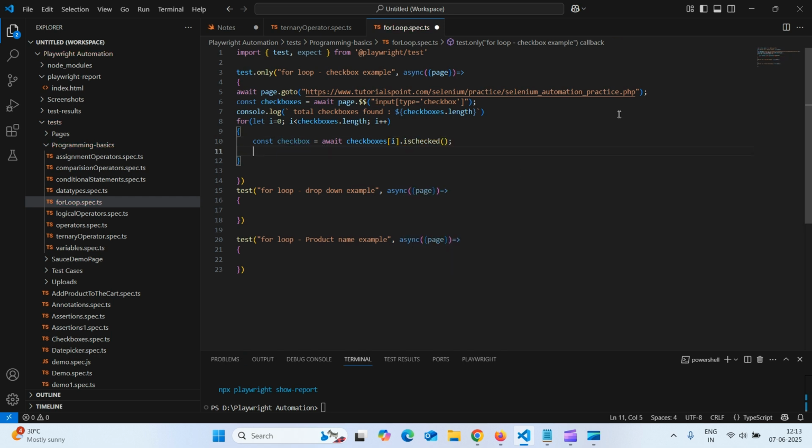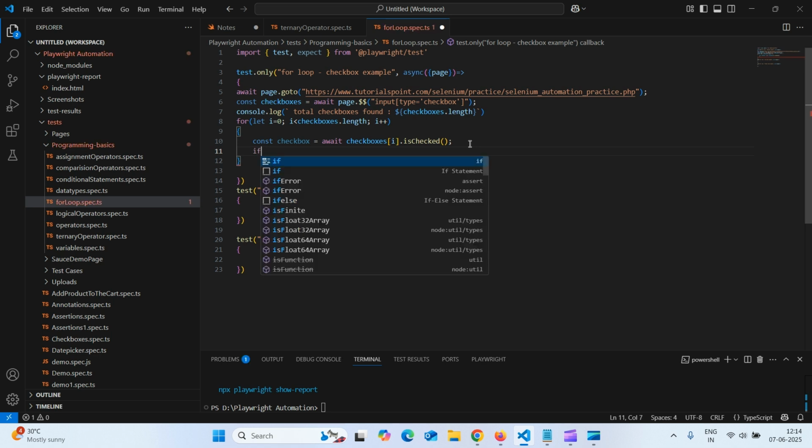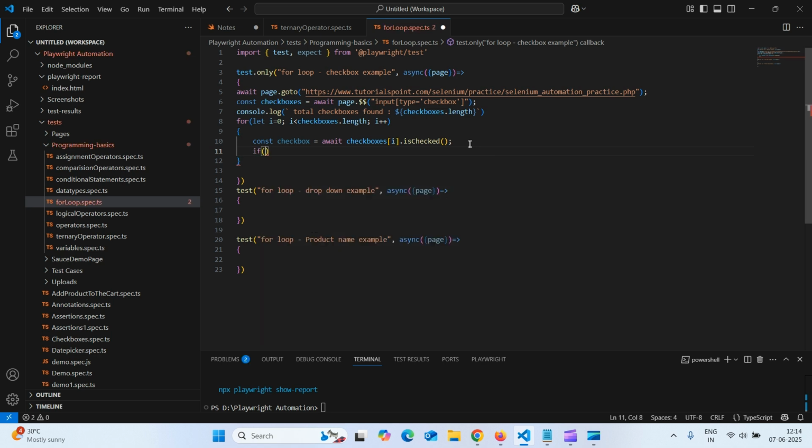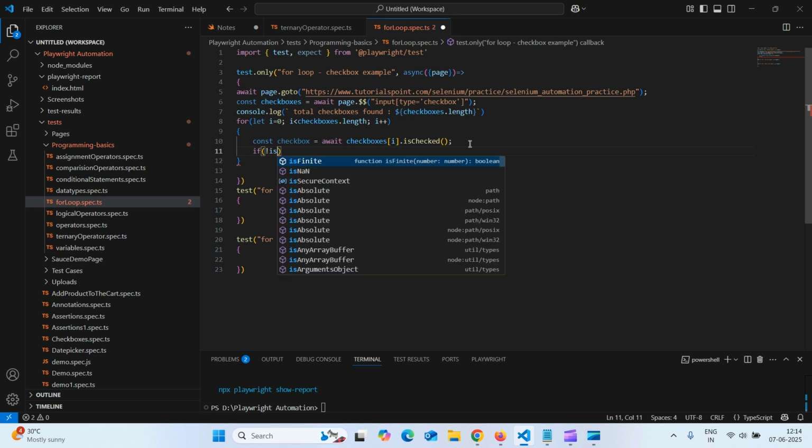I'll explain. Here I want to click on the first checkbox. I'm inside this loop, so the first time I want to click on the first checkbox. Here the value of i will be 0, which means it is at the first checkbox. Here it is checking whether it is already checked or not. So it will check the checkbox if it is not already checked. How to do that? We'll put the condition: if the checkbox is checked